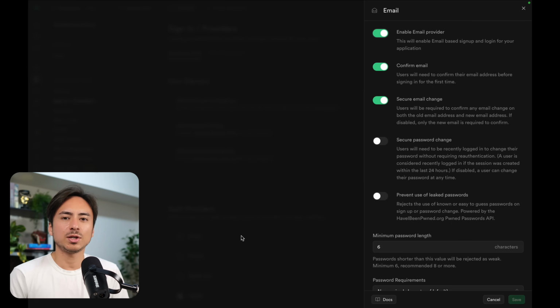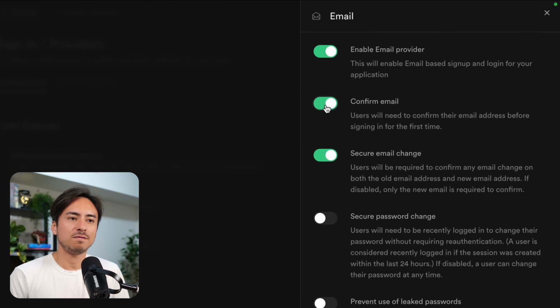However, especially when you're just testing things out, this confirm email field, in a production app, you want this to be on. What this field does is when it's turned on, when a user signs up to your service, Supabase will send them a confirmation email saying, hey, did you sign up for this, whatever service this is? Here's a link that you can click on, and you can confirm your email address by clicking on that link. Now,